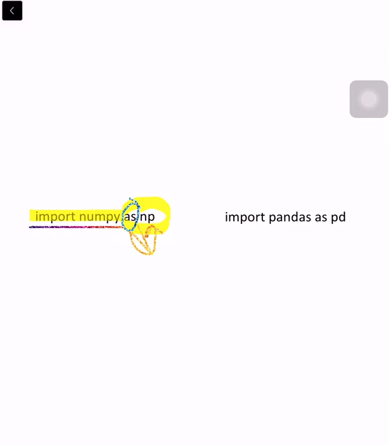So instead of writing numpy each time, you can denote it with np. In the same way, to import the pandas library, you will write import pandas, and if you write the second part, import pandas as pd, then all the functions inside pandas can be accessed just by writing pd instead of writing the complete name.